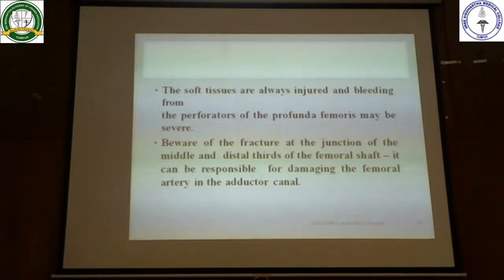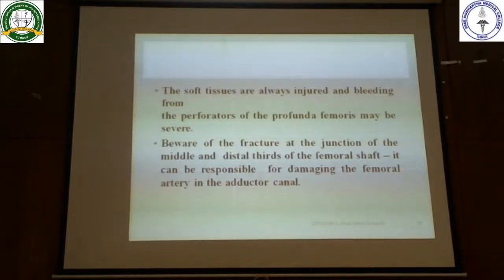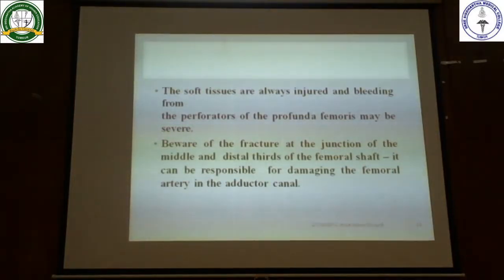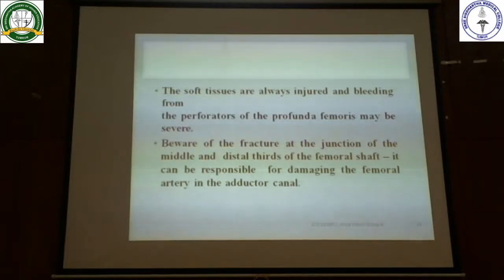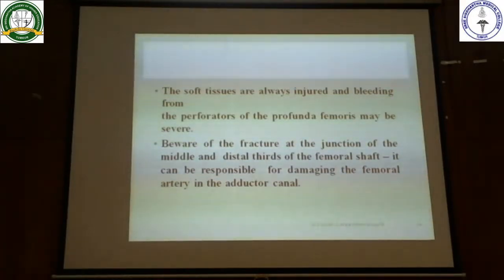One important, interesting point you can remember is you need to be very careful of the fracture at the junction of the middle and the distal thirds of the femoral shaft. Why? Because it can be responsible for damaging the femoral artery in the adductor canal. So that point you can just remember, why a fracture at that particular point becomes even more important. That is the junction between the middle and the distal thirds of the femoral shaft, because there's always a chance of damaging the